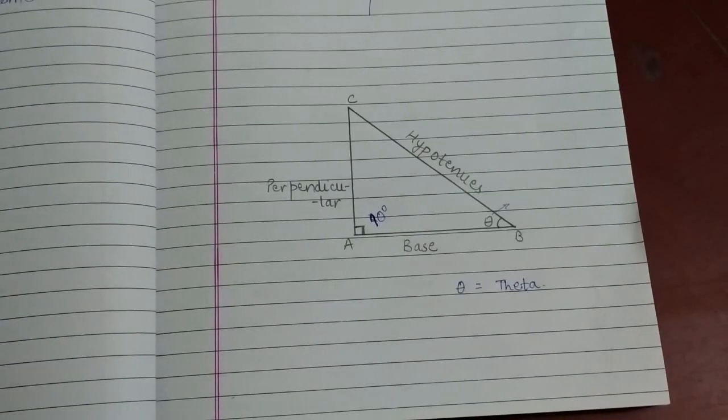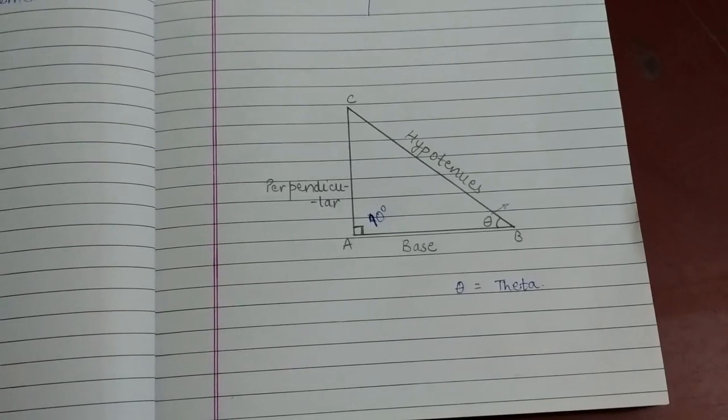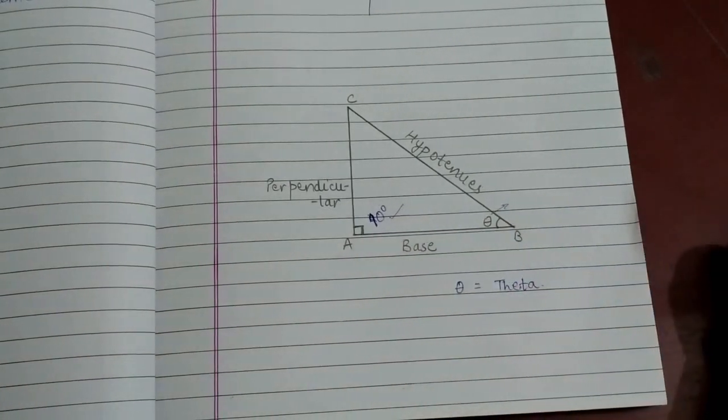Now, previously we just covered a very little knowledge about what trigonometry is and what its uses are, and now comes the real part. The very essential condition of trigonometry is to have a right angle triangle. I will just show you. So this is a right angle triangle. Why is it called a right angle? Because one of its angles is 90 degrees.